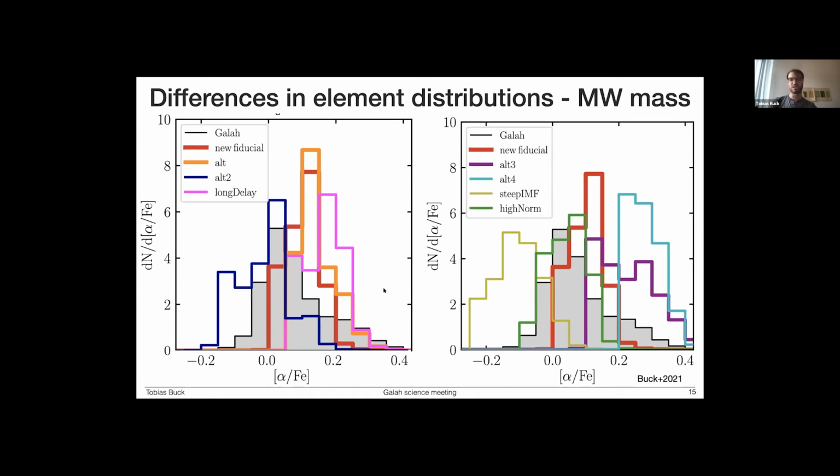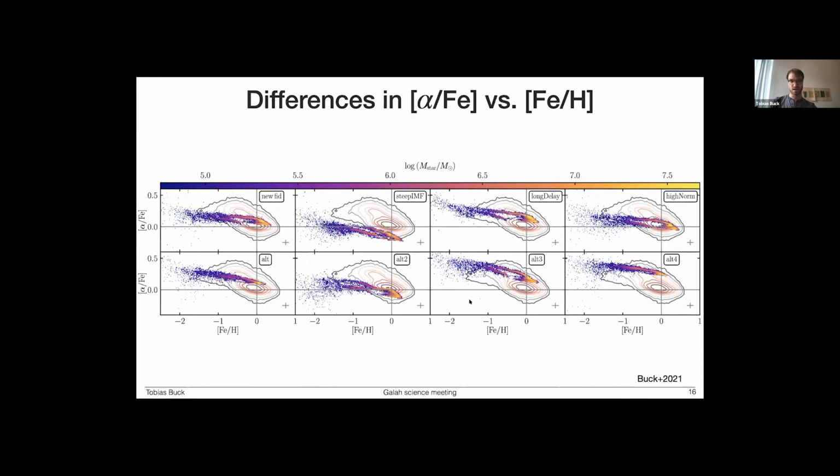And I should mention here that this is really just due to the stellar yields, because the star formation rate and everything else is rather constant in these kinds of simulations. And then, probably a more familiar plot before I come to my conclusions. This is how the alpha over Fe versus Fe/H plane looks in these different